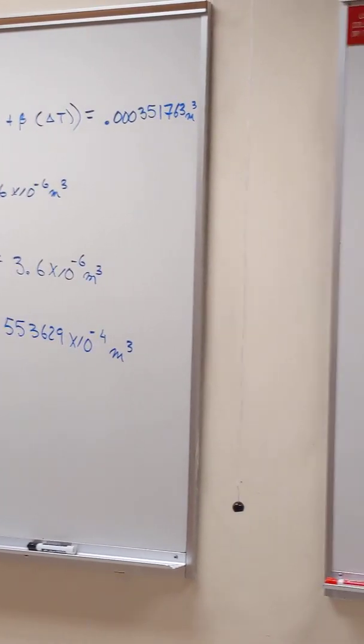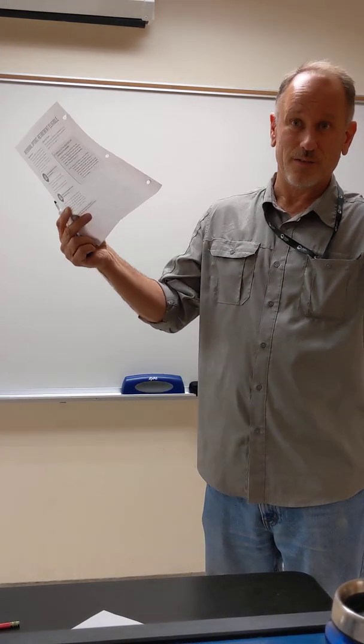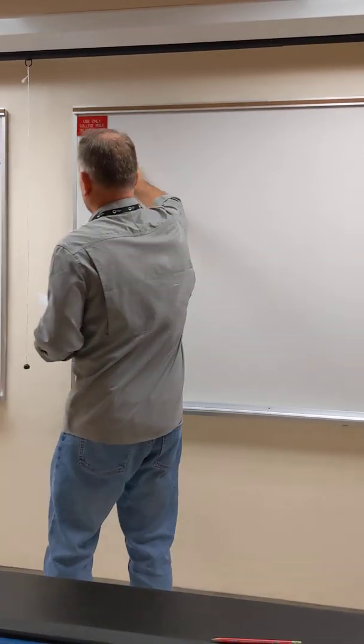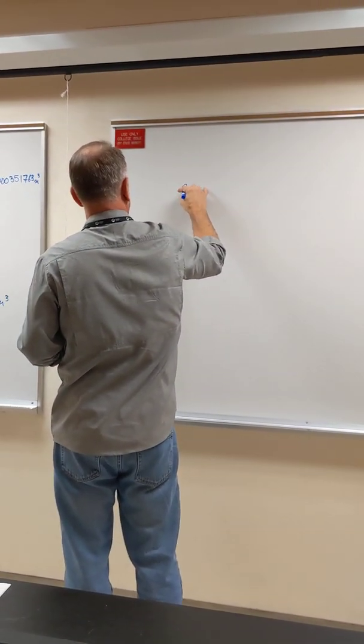So this is what people do when they engineer vehicles, right? They figure out the volume of the radiator and the volume of the liquid in the radiator. They figure out how big the reservoir tank needs to be to make sure when it spills, which it will, that it doesn't spill all over the place. Okay. All right, so final